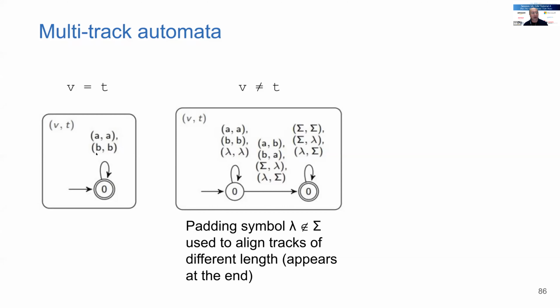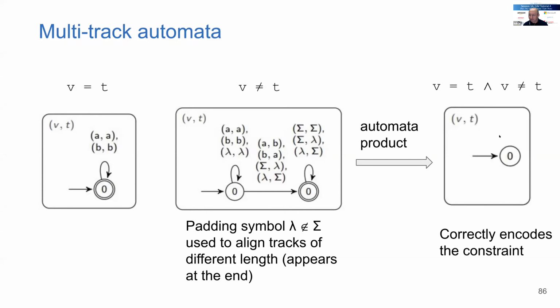So what we have now is a representation of V equals T, a representation of V not equal to T, and this is a precise representation of these constraints. And now when I do the product automaton on this, I get an automaton that does not accept any string. The initial state is not accepting and there are no other transitions. So this is exactly what I want. Now the language is empty and this constraint is unsatisfiable. So again, automata-based representation can be extended to multi-track to keep relations among strings, and then we can handle combinations of strings, formulas too.